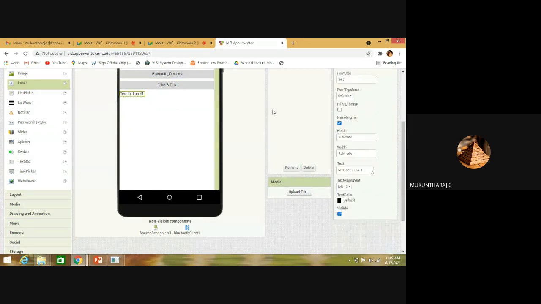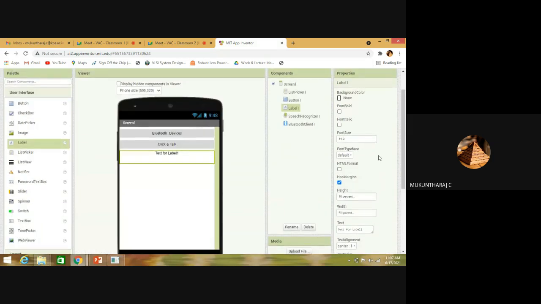And the text label, I'm going to fill it, and regarding the height, I'm going to change it to percent. We can go with 10%, I think. Okay, this 10% is enough. And we can arrange it to center.